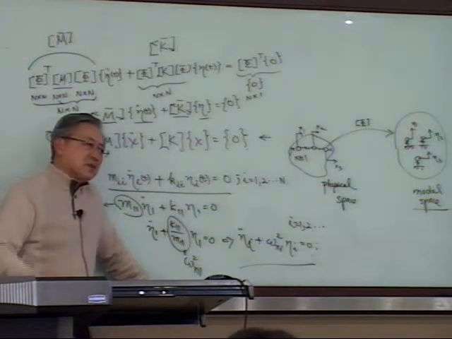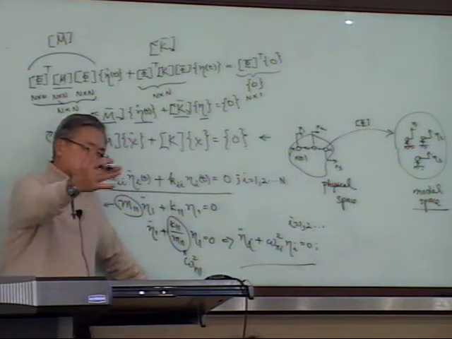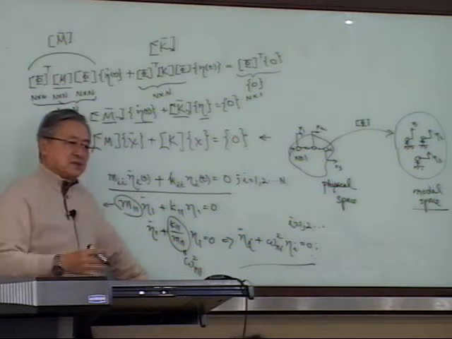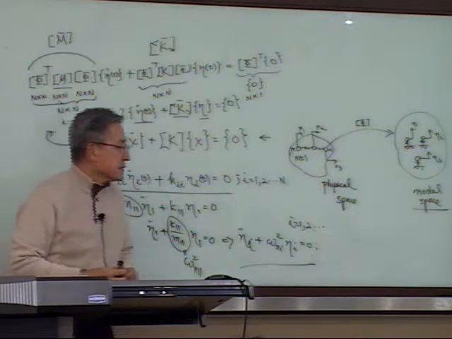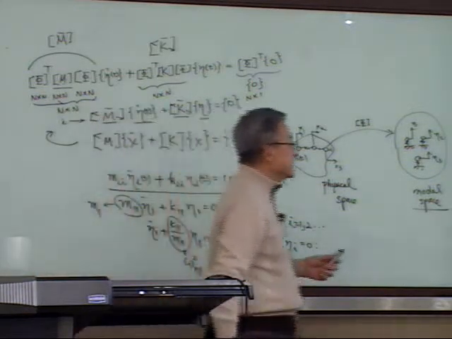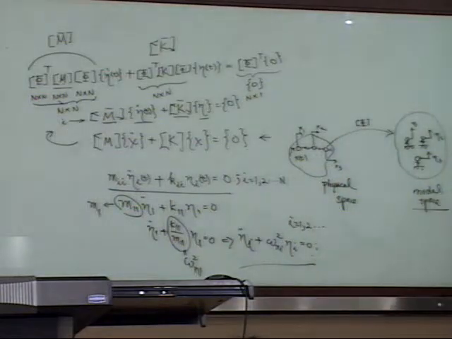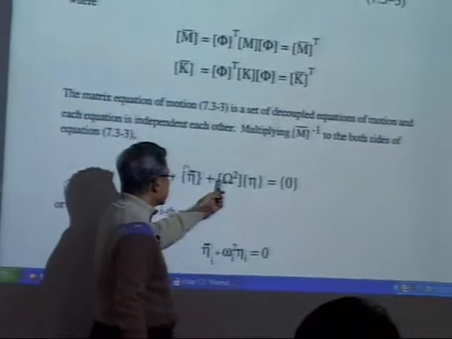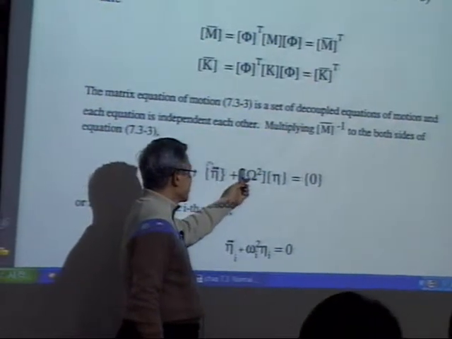Is it all understandable? Logics, flows, reasonings, and all that. And of course, if you put it all together, it's eta double dot plus omega square